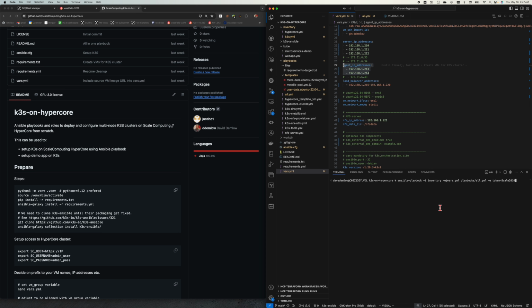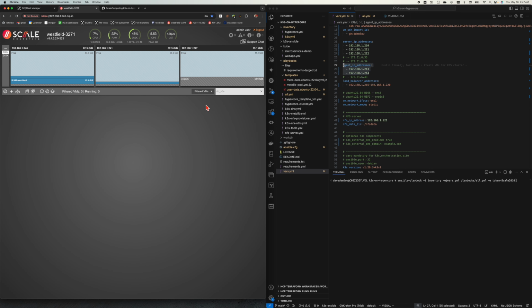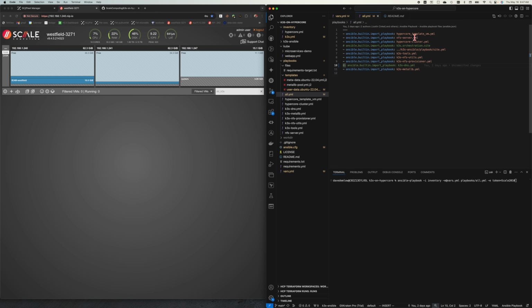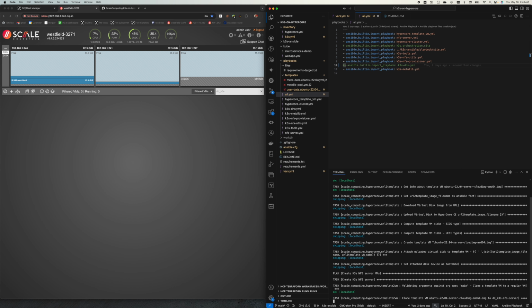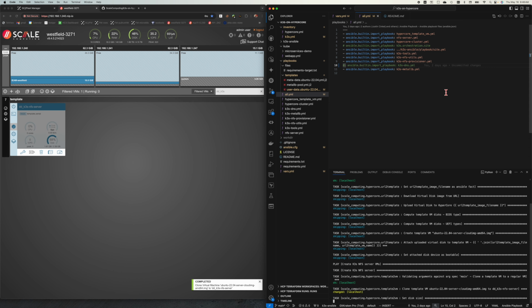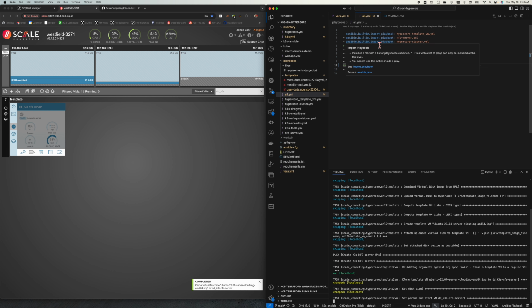So we'll go ahead and get this started. This is the cluster we're going to deploy on. The first things that it's going to go through, make sure you have the template. It's going to configure the NFS server, deploy the rest of the VMs. Let's kick this off and we can talk through things as they go. And I'll speed up parts that do take a while. The total process here for me takes about 10 minutes to get to the point where I've got Kubernetes up and running. So in my case, I've already got the image downloaded to my Mac as well as uploaded